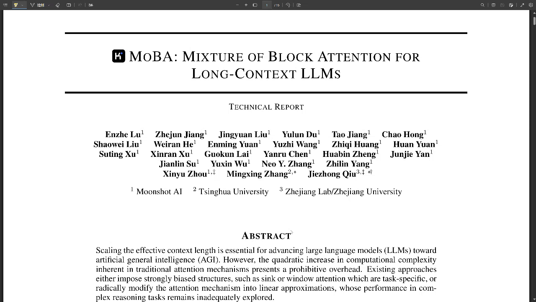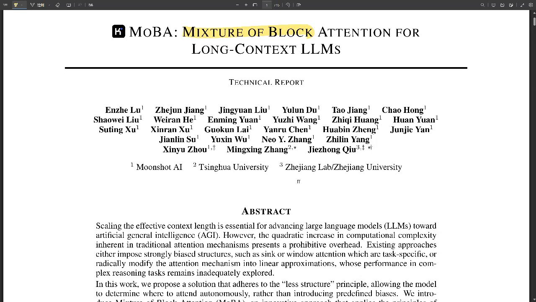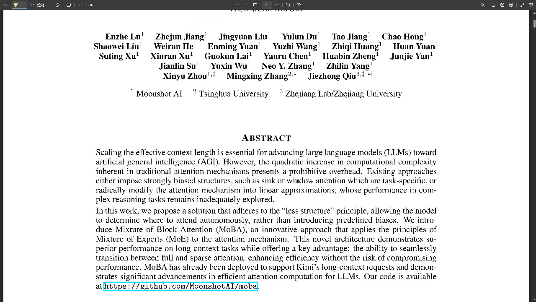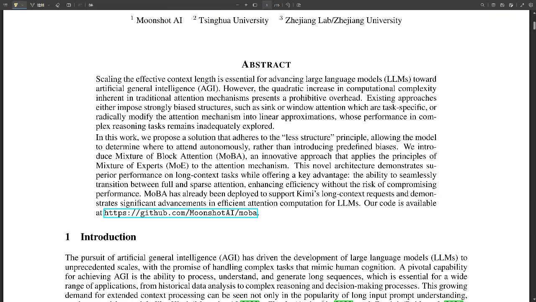All right, let's dive into this new architecture for LLMs that everyone's talking about. So we've got a whole stack of research papers about it. Right. That's called MoBA, short for mixture of block attention. Yeah. And we're going to try to unpack what makes this approach so potentially groundbreaking for handling long context language models. Well, the core issue here is scale. Right. Scaling LLMs for truly long context, like we're talking millions of tokens.